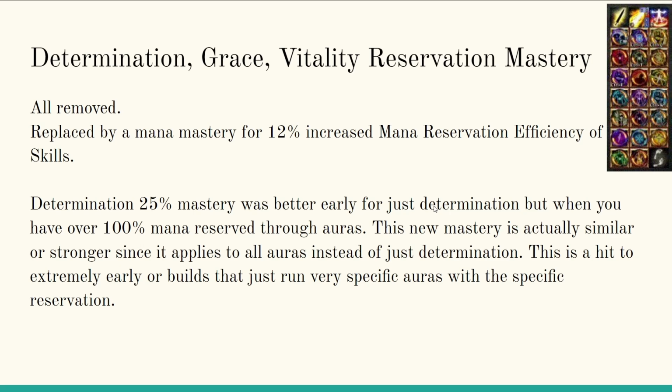This one's really big. So they took out all of the reservation masteries for each specific aura, like Determination, Vitality, Precision, Grace, all this stuff, and they were all removed. They're replaced by a mana mastery that's 12% increased mana reservation efficiency of skills. So now I write, Determination 25% mastery is better early for just Determination. So let's say